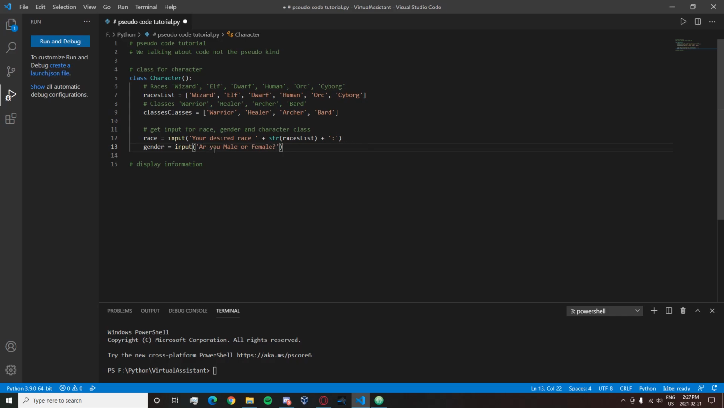Let's see if I can actually spell. My goodness. Okay, so this one, we don't have to use a list. You can create a list for all of the genders that there can be, but right now we're just gonna go with are you male or female. And then last but not least, we want to do character